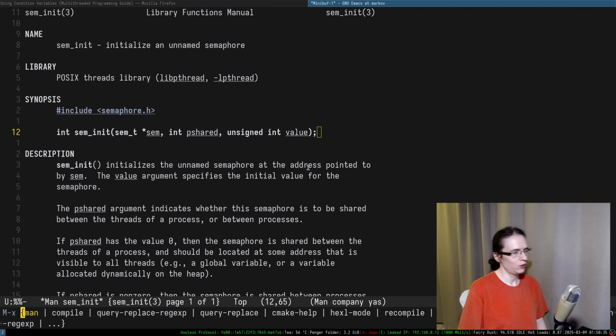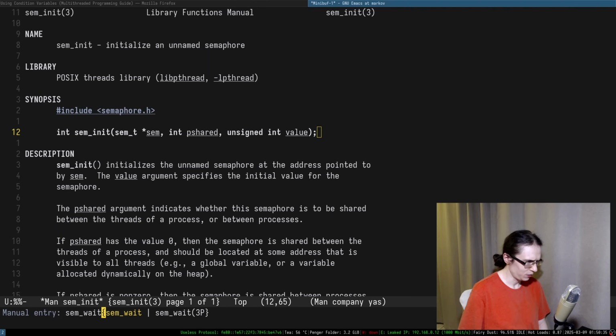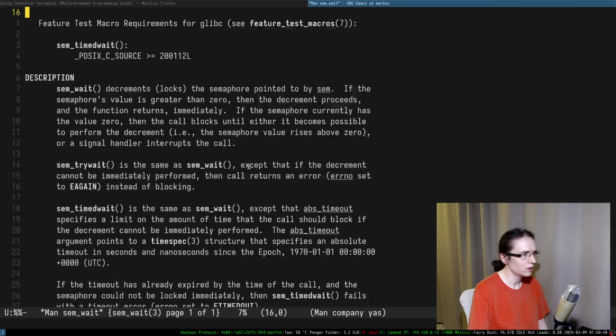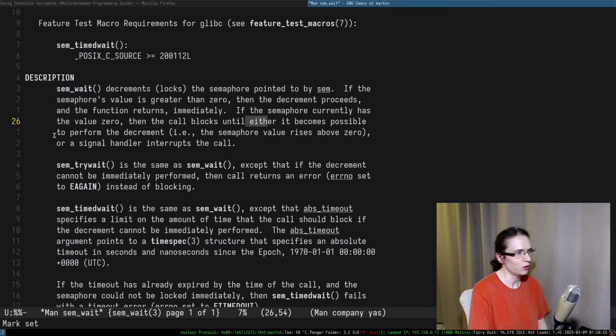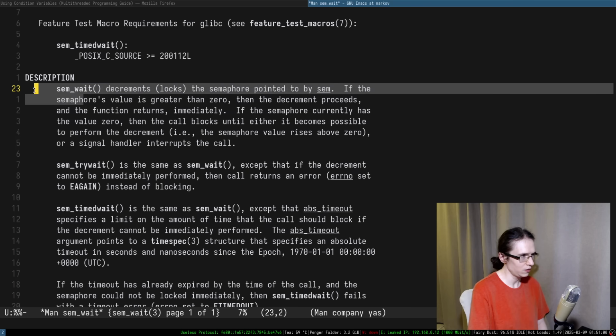Okay, so let me take a look at sem wait. So decrements locks the value pointed by sem. If the semaphore value is greater than 0, then the decrement proceeds immediately. If the semaphore currently has value 0, then the call blocks until it becomes possible to perform the decrement. Okay, so